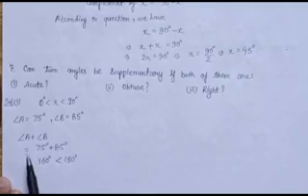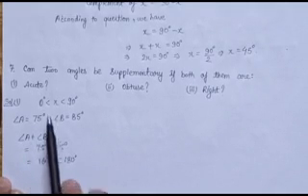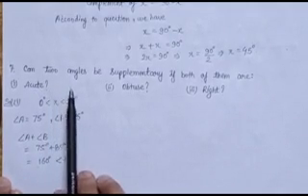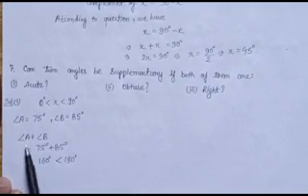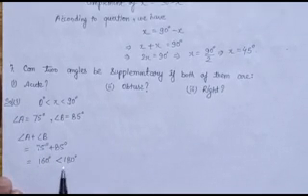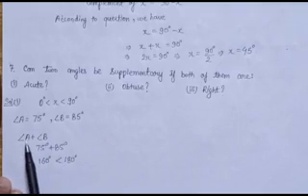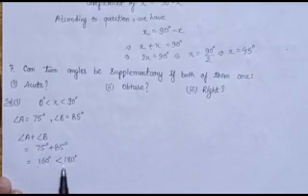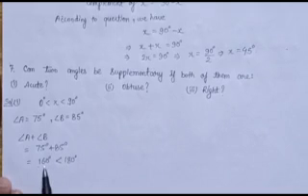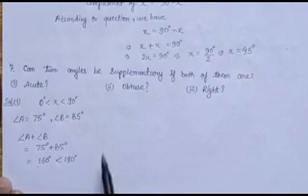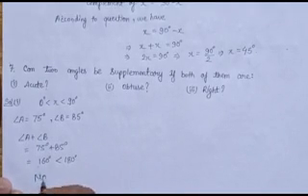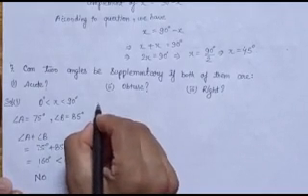So here you can see that 160 degree is less than 180 degree. It means we can say that if two angles are acute angles, then these two angles are not supplementary. Why? Because the sum of these two angles is less than 180, and you know two angles are said to be supplementary if their sum is equal to 180 degree. Hence if two angles are acute, they cannot be supplementary. So our answer is no. Let us see the second one.